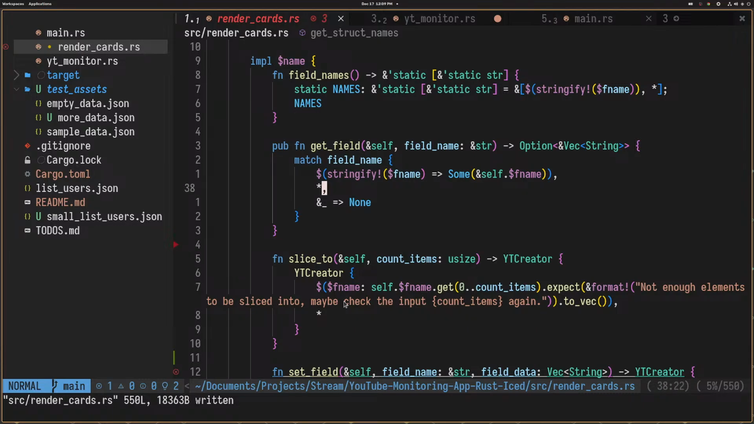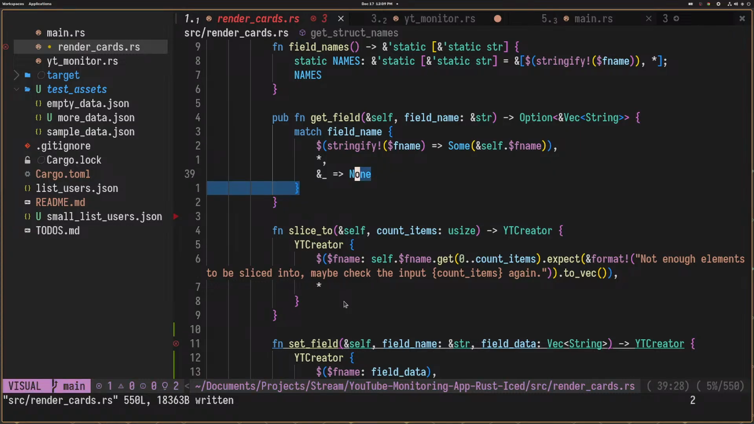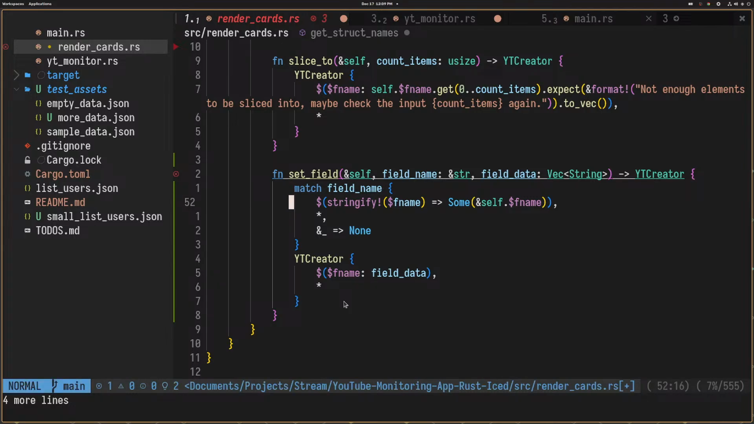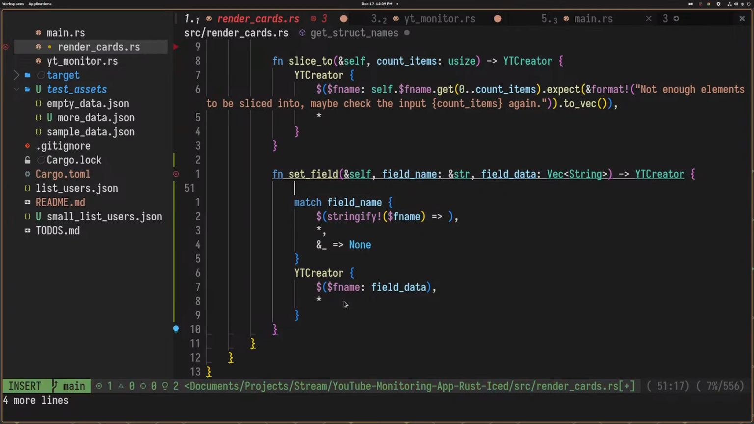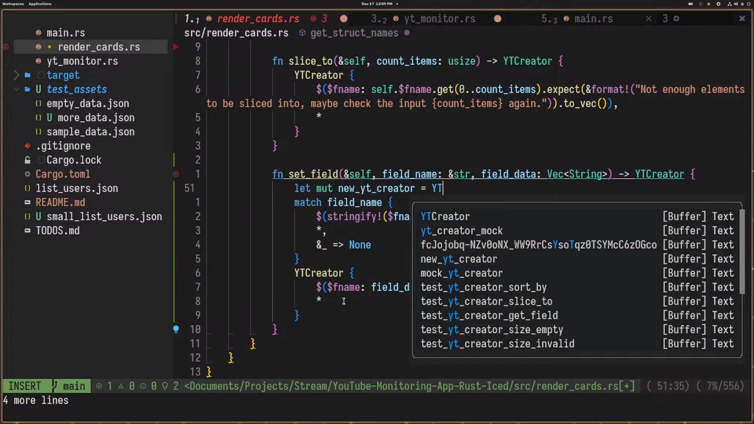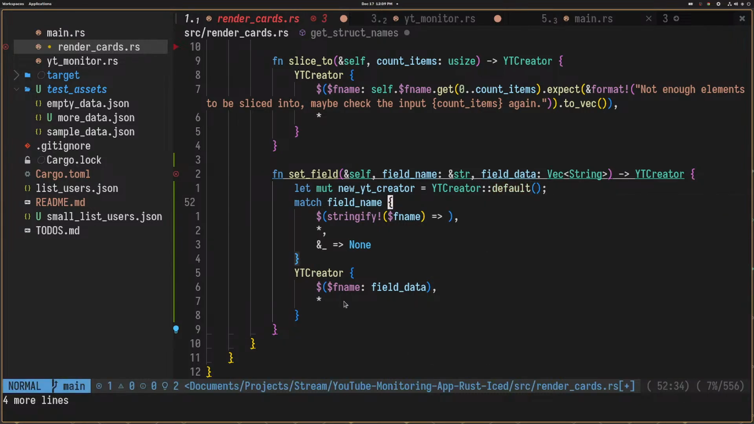Yeah, now this is weird. So I'll have to do match field name, and then once we do this, right, we get stringify name. We will have to do YT creator. So before this, we will create a YT creator. Let mute new YT creator equal to YT creator default, and here what we will do is new YT creator dot,